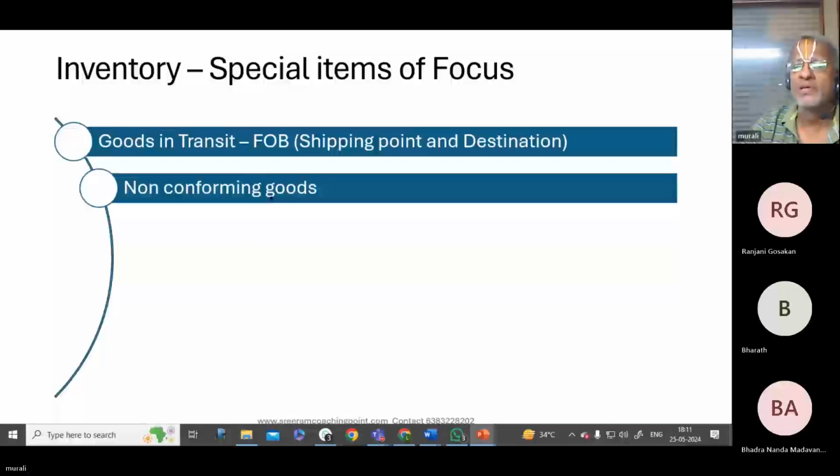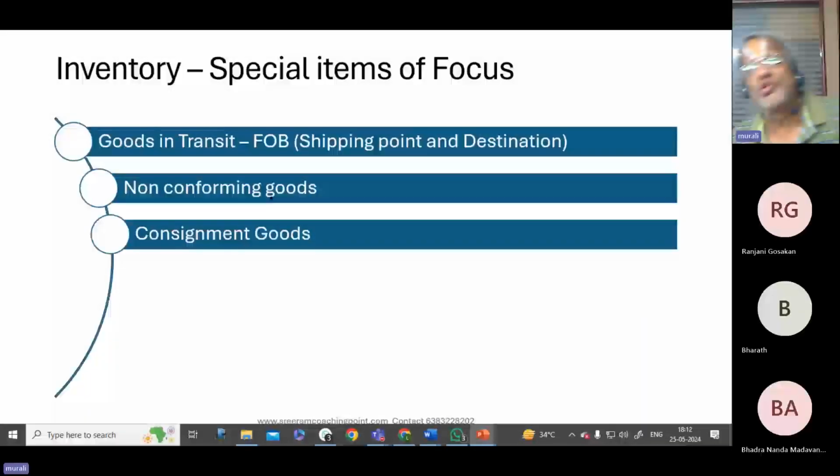So always remember wrong delivery. Wrong delivery in the sense it's not delivery to the wrong person, but the wrong item delivered. Though it will look like any other transaction, and we would strictly say that the moment it has gone, it has become a sale, that is correct only when it is an appropriate product. When it is non-conforming goods, it is not a sale at all. Once again, the status of non-conforming goods will be that of goods in transit. Until it is returned, it will not be considered the inventory of the buyer. It is only the inventory of the seller.